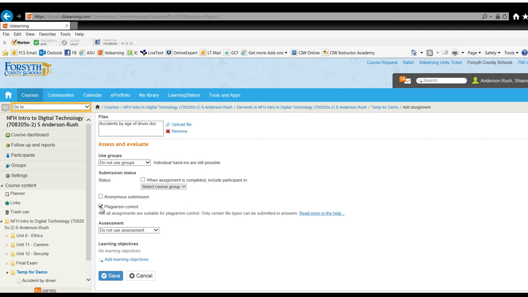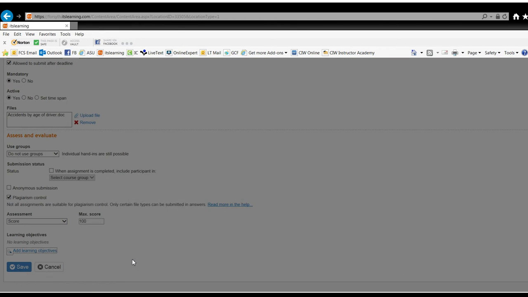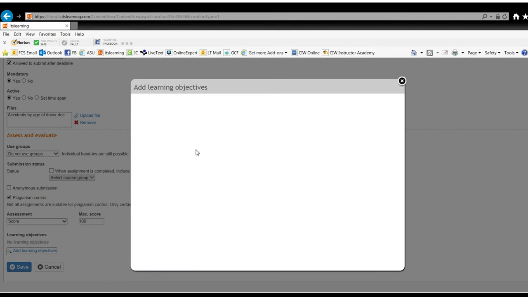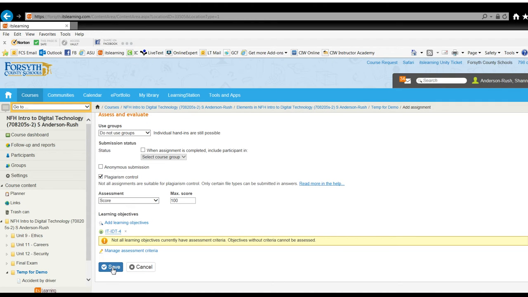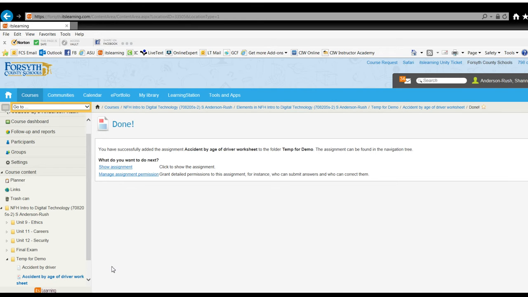I can turn on plagiarism control so I can tell if the students are copying from each other or the internet. And I'm going to assess, make this worksheet worth 100 points. I can again attach my learning objectives and save. The difference between a file and an assignment, even though these happen to be identical, is how